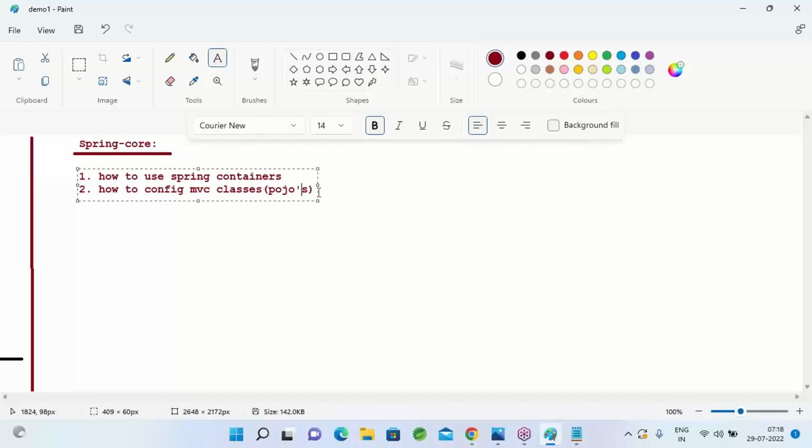We don't complicate our classes. As simple plain Java classes only we implement. We see how to use Spring containers and how to configure your MVC classes, which means your POJO classes. Finally, we are going to implement our application as an MVC application only. So we should understand how to configure all those classes using Spring